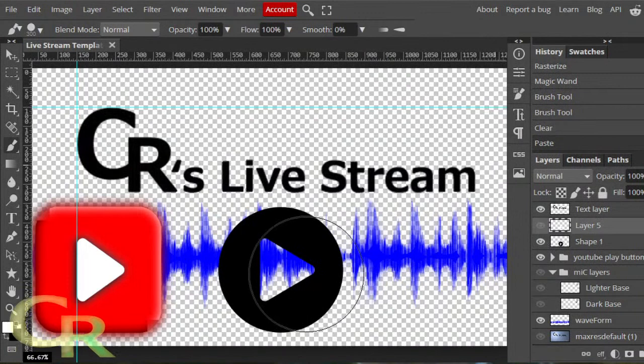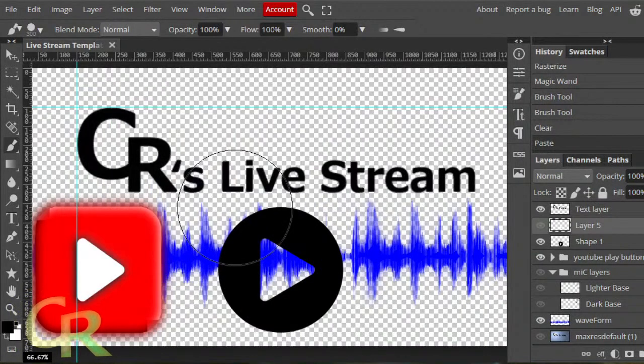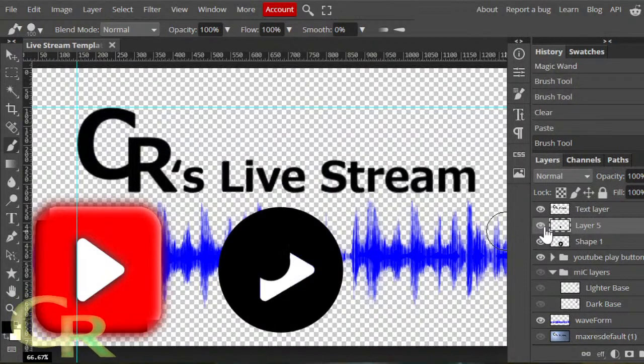Now I'm going to go over to this right here. Press X to flip those colors, the primary or secondary color. So, left bracket to reduce my brush size. Oh, see? Wrong layer. I was on the wrong layer. See? Look, if I show it, wrong layer. Almost made a mistake.